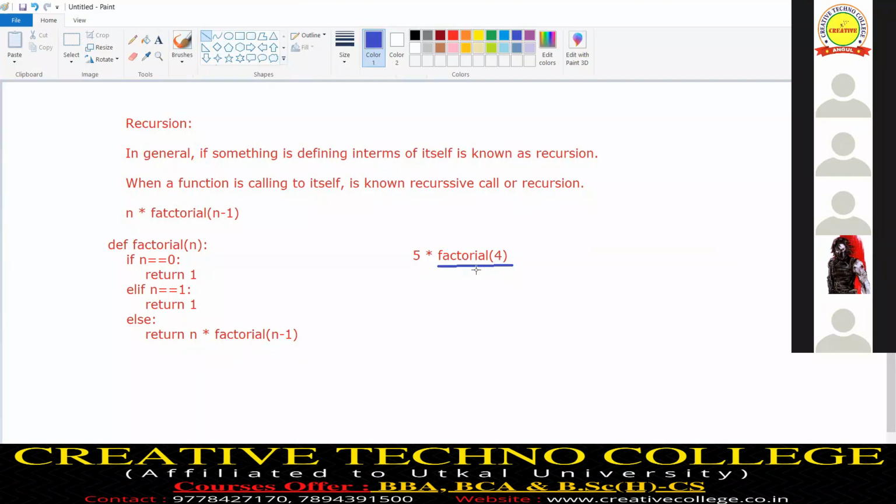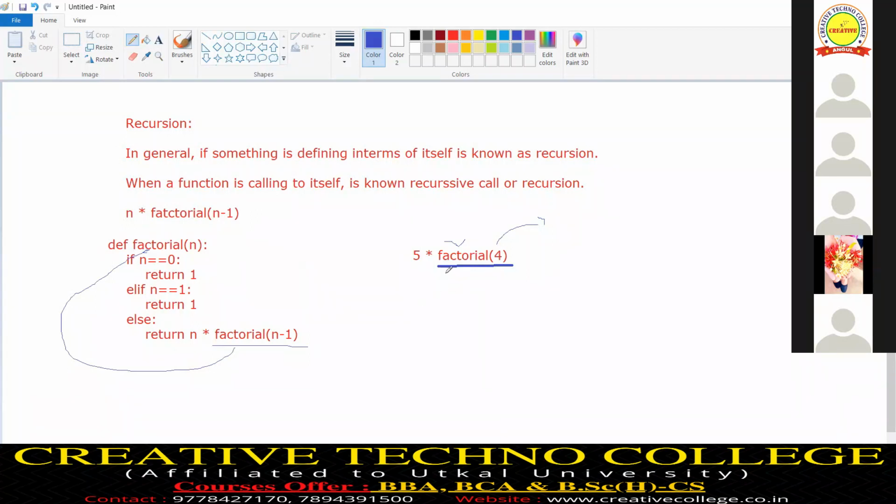When the control reads this, immediately control will feel this is a function call. So as per the concept, when function is calling, immediately control will go to definition part. Now factorial of 4 means it is a function call. Now the control will go to the definition part. So value of n is 4. So 5 came into consideration for output.